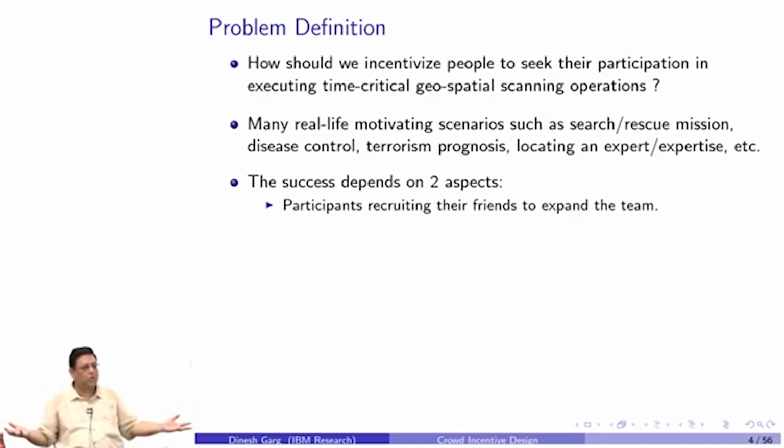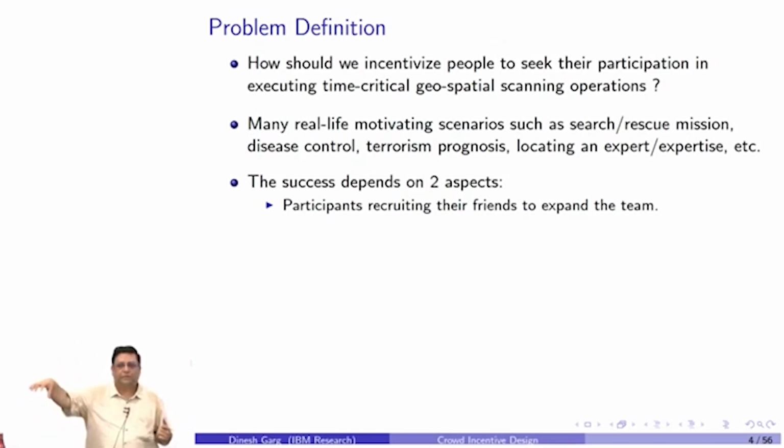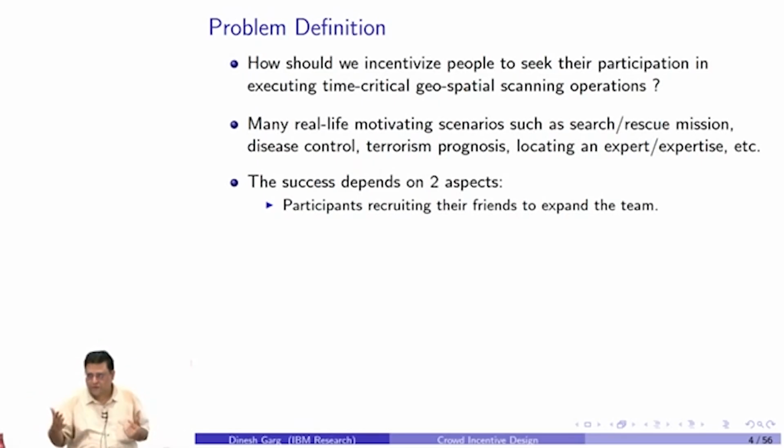Suppose you have to go across the whole country, and you want to find out which cities or locations in India have a disease outbreak, or you want to scan the whole country. The terrorists have planted several bombs at several places, and you want to find out the locations where they have implanted bombs and detect them. Obviously, the military cannot scan the whole country. So you want to take help of the citizens of the country. If you want to do this combing operation, what would you do?